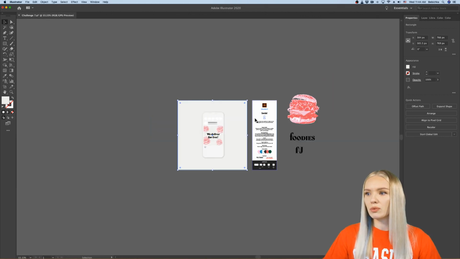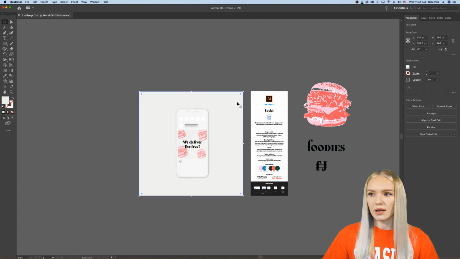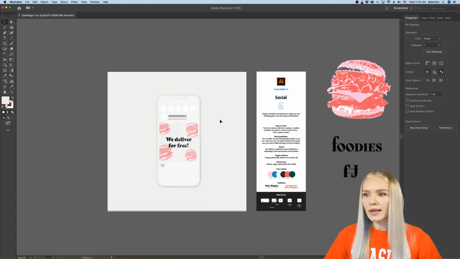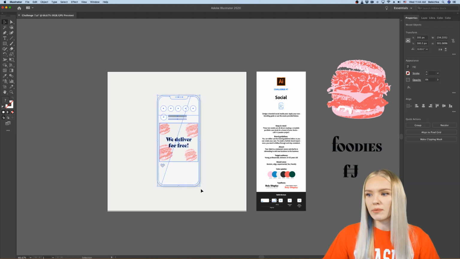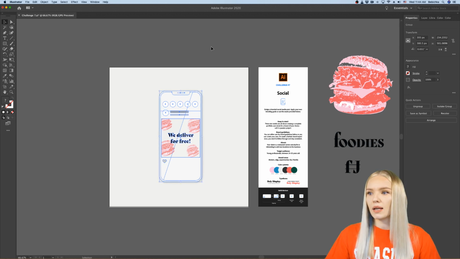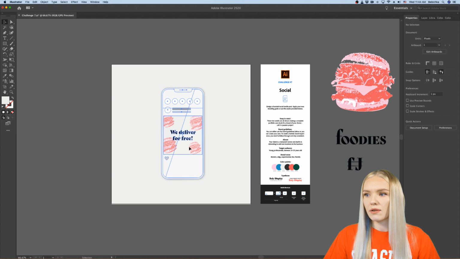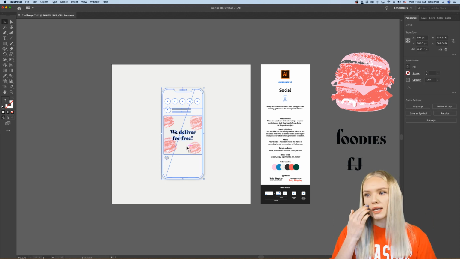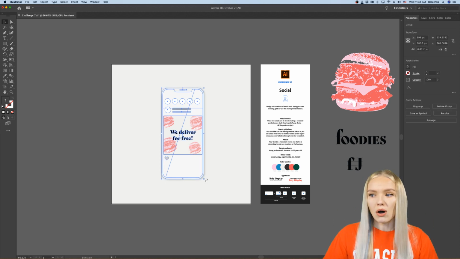So now what can you do with this? I'm going to lock my background again because I unlocked all the objects. Now I can take my post and make something fun out of it. Let me group all of the objects first with Command G. And now they're all grouped, meaning if I select one thing, they all get selected, and if I move one thing, they all get moved.